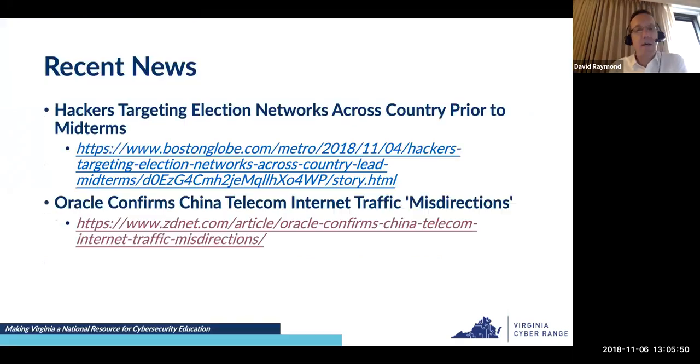Okay, a couple of interesting recent news stories, things I just pulled off the news this morning. First one: hackers targeting election networks across the country prior to midterms.